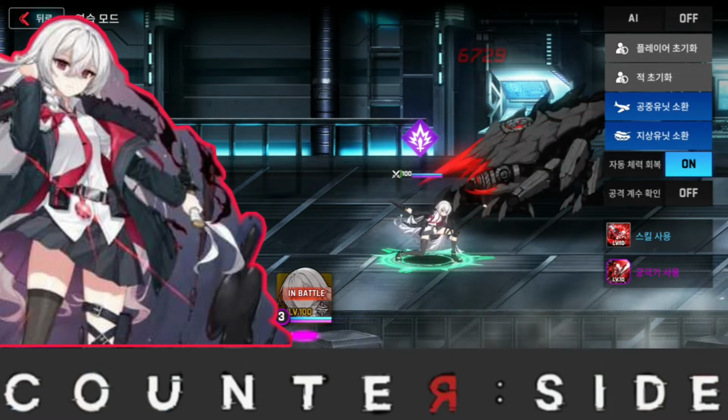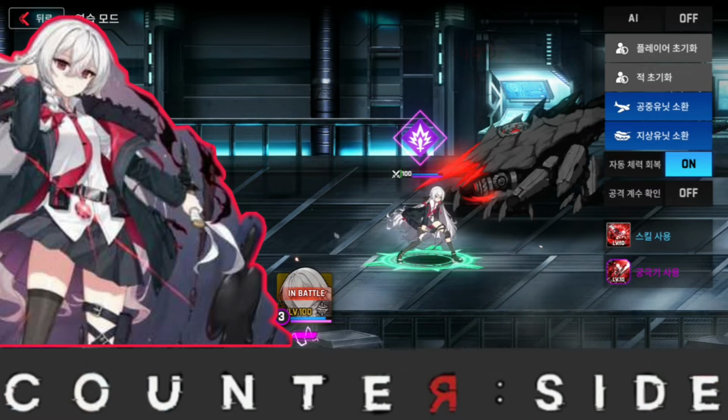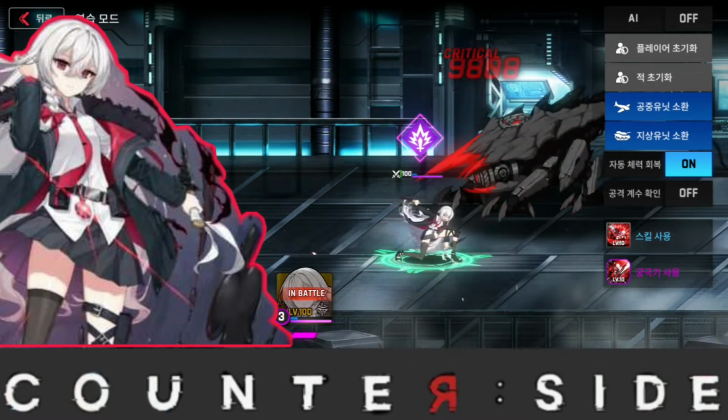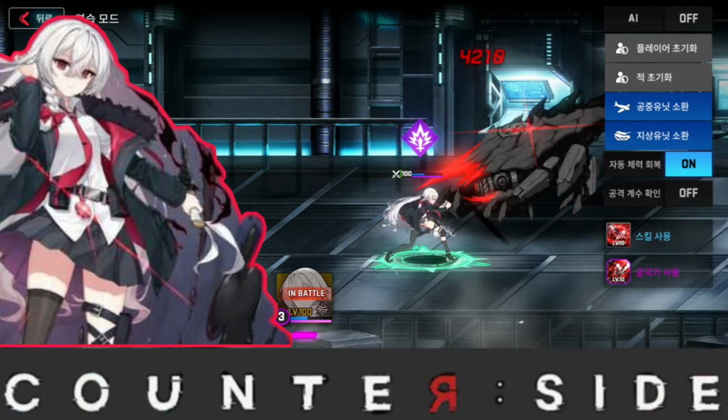This effect can stack up to 5 times. This passive already sounds like a very OP passive, because this basically increases her survivability not only in Gauntlet but also in PvE content as well. Now this skill can also be leveled all the way to level 10, and with that you basically get